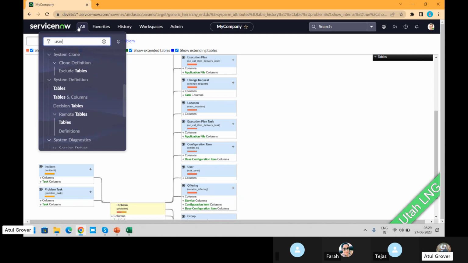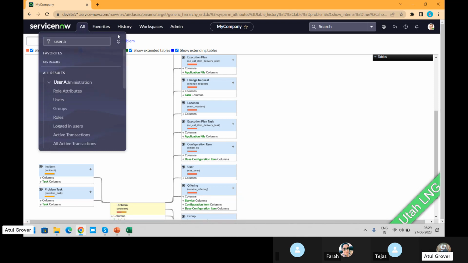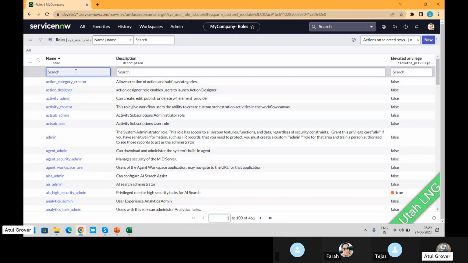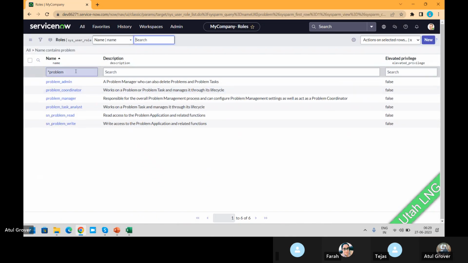I can say user admin, and we'll go to the roles and let me search for this. A total of 6 roles have been given by ServiceNow to us to work on the problem record: problem admin, problem coordinator, problem manager, task analyst, sn_problem_read, sn_problem_write.